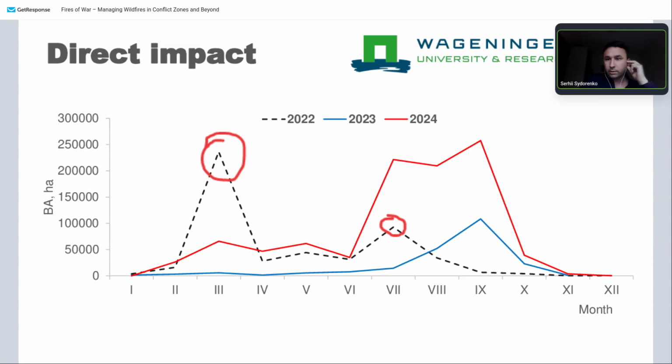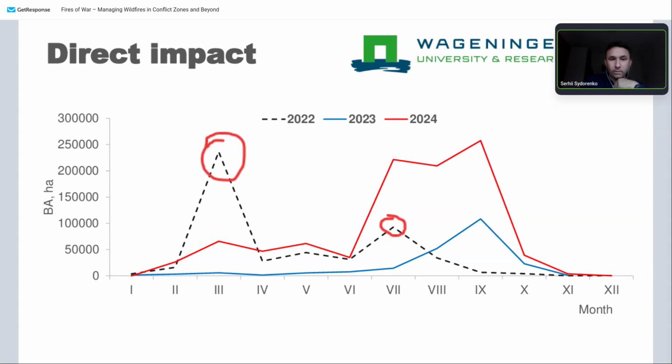and it coincided with the beginning of the invasion, when we started to experience thousands and thousands of new ignition sources in different types of landscapes, and the vegetation was ready to accept the fire. We had a lot of dead grass after winter, so we had a huge amount of wildfires and landscape fires during that period. But you also can see that for all of those 3 years of war, this seasonality